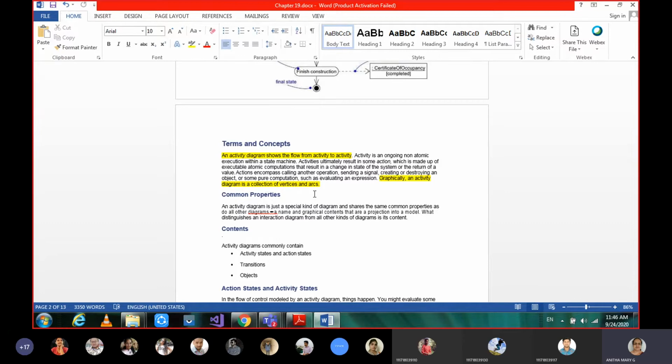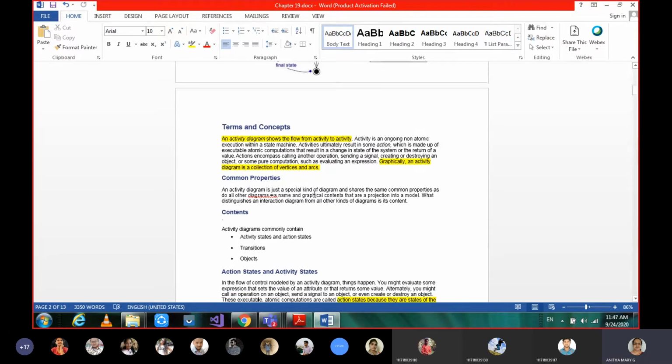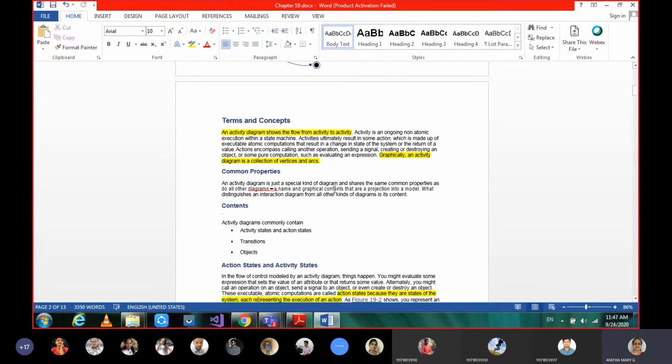Okay, so the next one, common properties. What are the properties of an activity diagram? Just now we have seen the example, and by seeing it you can clearly make out the contents. The different contents of the activity diagram we have seen are activity states or action states, and transitions. If needed, objects also are shown.